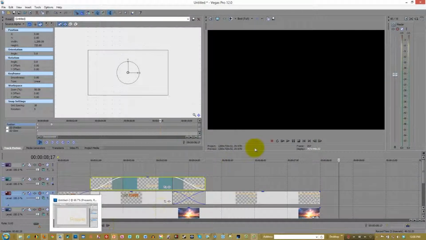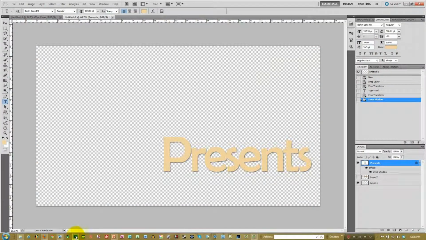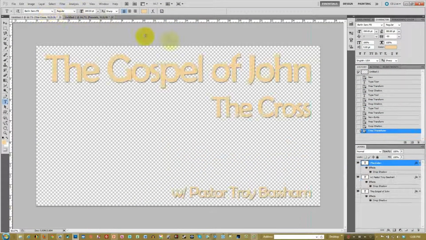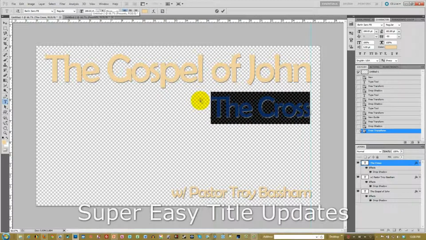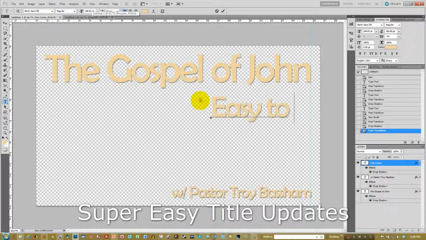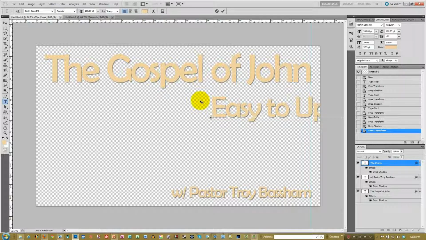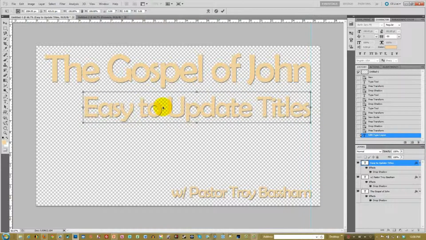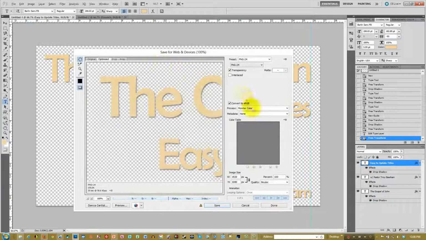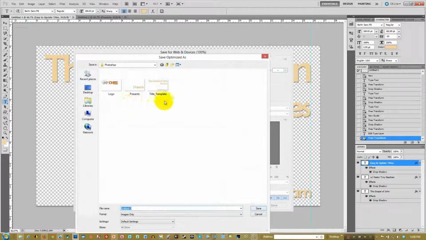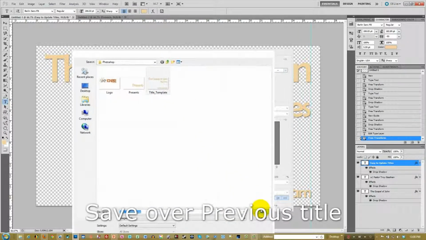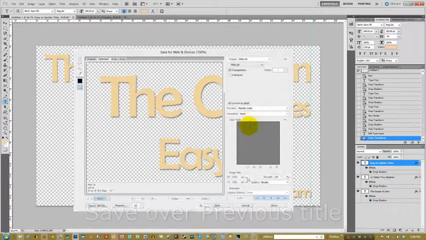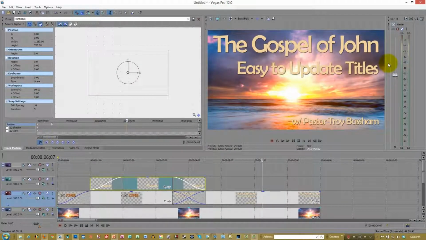And then what I'm going to do to finish up the tutorial is actually show you how easy it is to make an adjustment to the title. So I'm popping back over to Photoshop, and you can see this was the template, the title template. And I'm just typing in some random text here to say, okay, it's the next sermon in the series in this case, or maybe you've got a video in the next in the series, and you just name it something different. And then you go ahead and go back up and save it. Name it as the same thing as the previous. And then when we come back over into Vegas, you'll see it just updates automatically and is ready to be rendered and added to your new